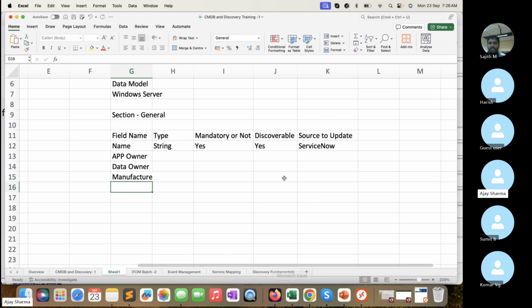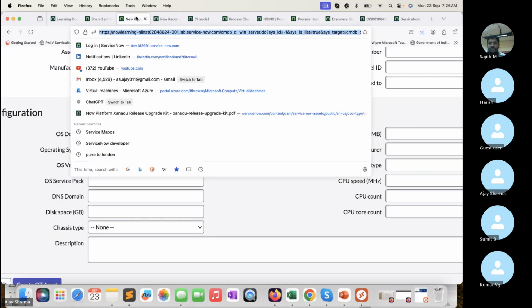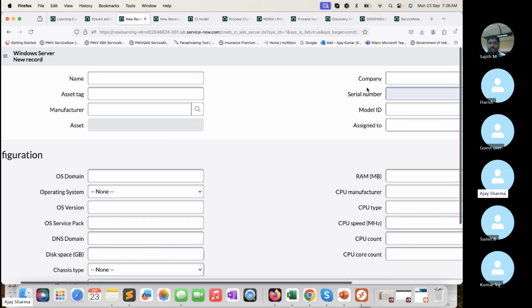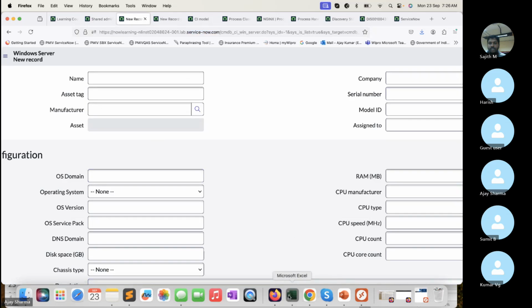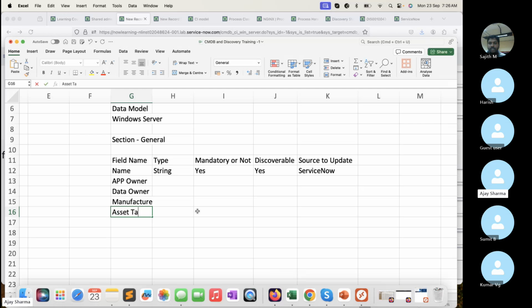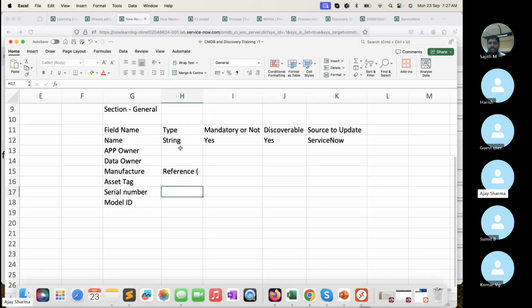What other fields do we have? Asset tag, serial number, model ID. Again, we need to put what type the field is. For manufacturer, if it is a reference field, we can also put which table it is referencing. Asset tag. So it gives a good glimpse to the customer of the data that is required and mandatory,